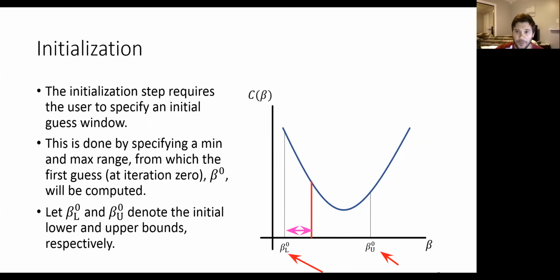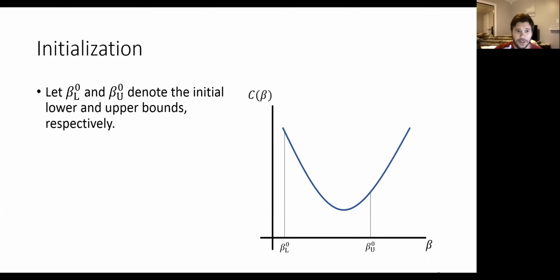We have to set our upper and lower bounds. And I'm going to use the subscript 0 to denote the iteration number we are on. So we're starting off with iteration 0, our initial guess. And our initial guess is being defined by setting the upper and lower bounds. So beta 0L and beta 0U